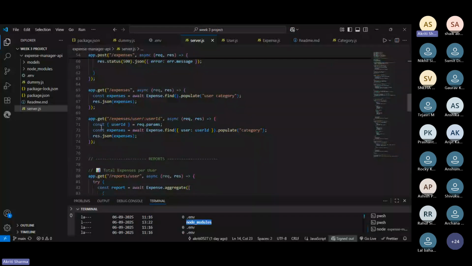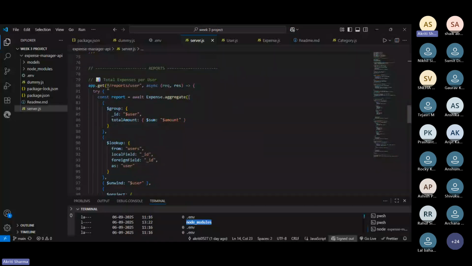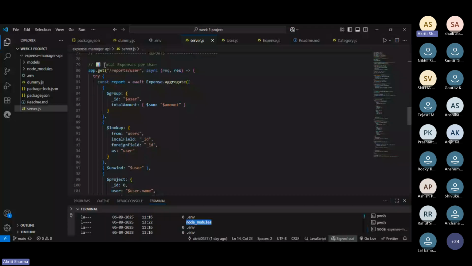And in the same, I created another route, expense user ID, for a particular user and their expenses.